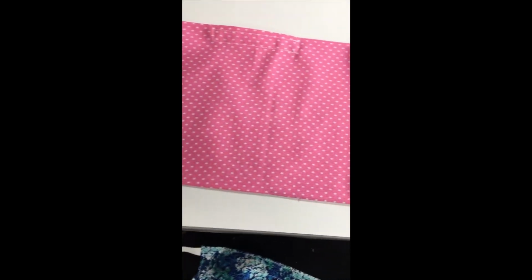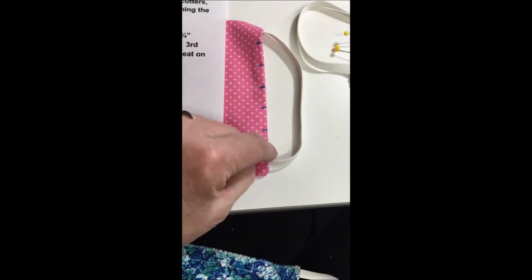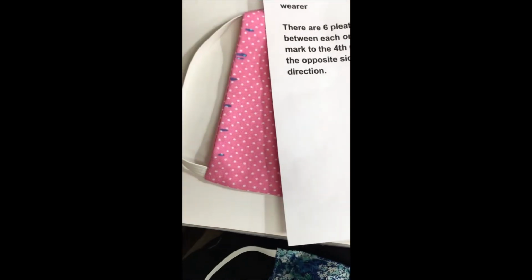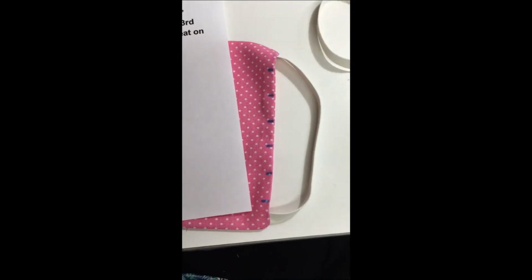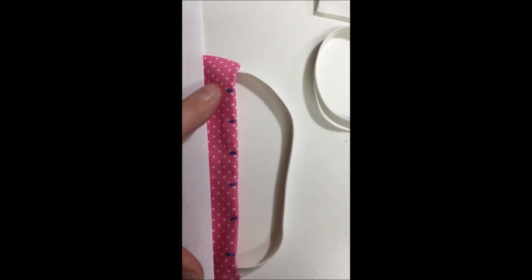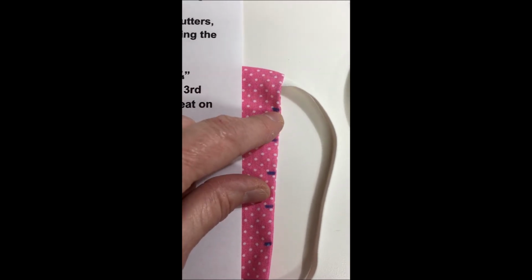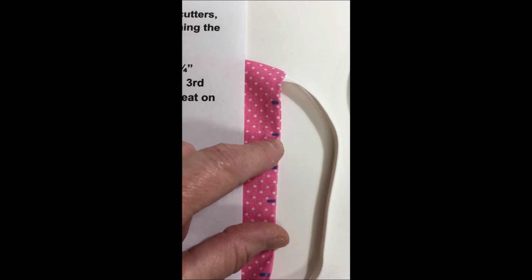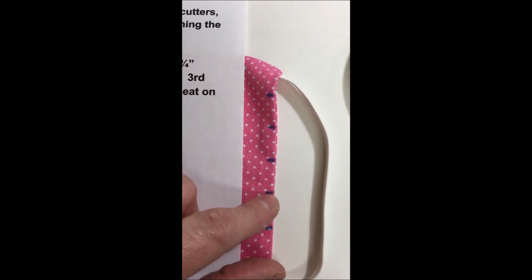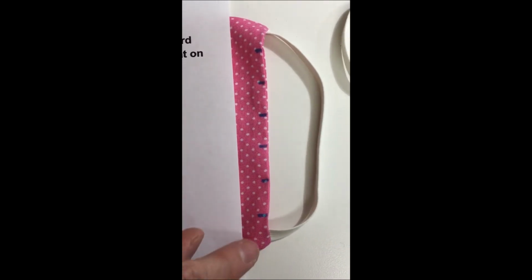So that's what I have on my paper. I have the instructions about pleating it. So you're going to make 6 marks, 6 on this side and 6 on the other side. You can use your blue water soluble marker, or if you don't have that, use your pins. Just make a mark with your pins. The first one is 1 inch down from the edge, and then this one's 3/4 of an inch from each one of those. So these are just 3/4 of an inch away from each other, and there's a total of 6. This is almost 1 inch, but you're going to do that same thing